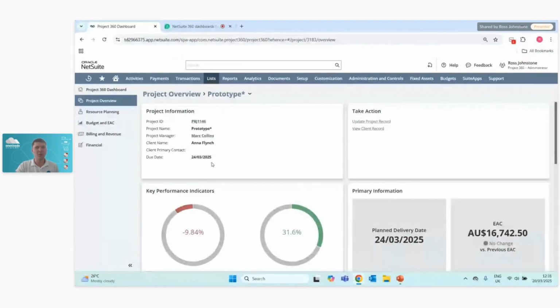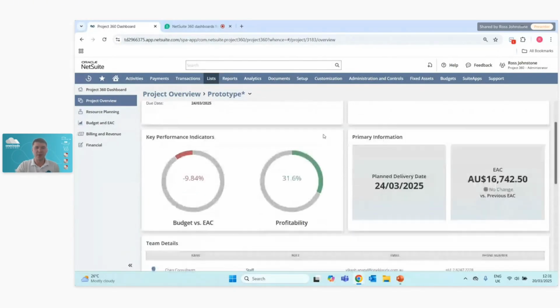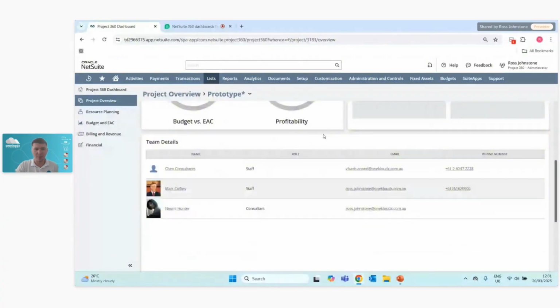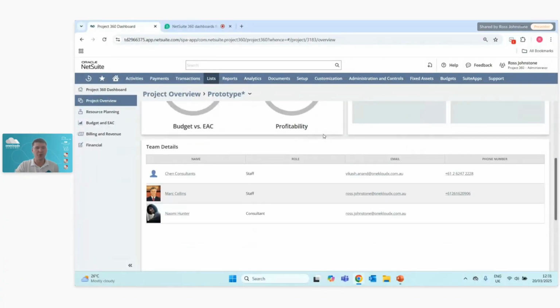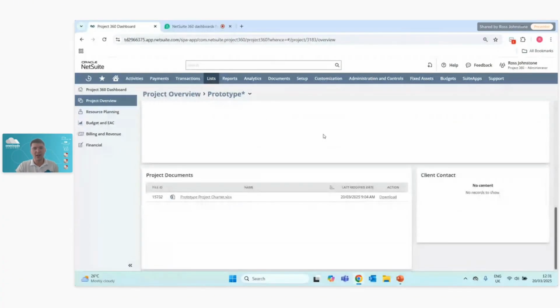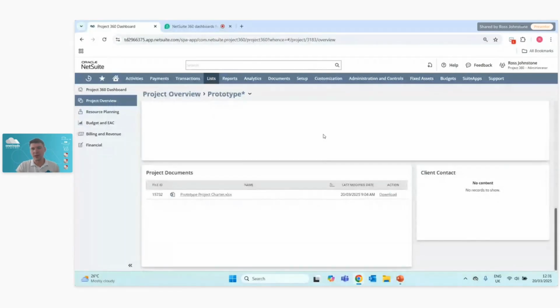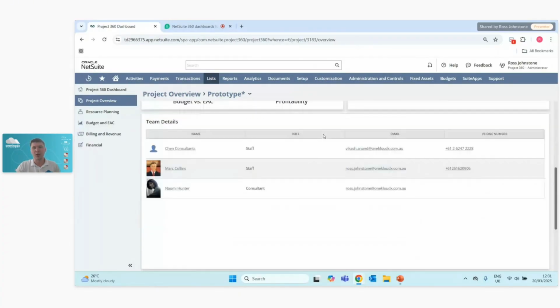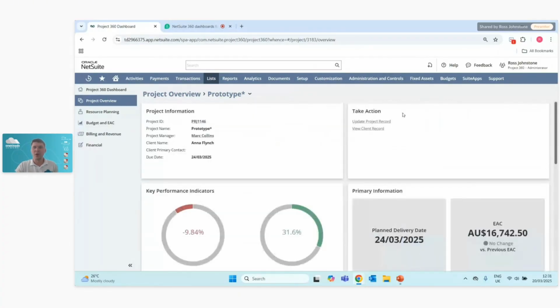So starting off, once we drill down into the project itself, you'll see here that we start off with the project overview, which provides us that information into our KPIs, primary information, a high-level view of the resources that we've got assigned to this project, as well as any project documentation or client contacts which have been recorded against that project record within NetSuite. From here, we do also have some action links, so we can go and dive directly into the project record as well as the customer record if there's anything that we want to update or see